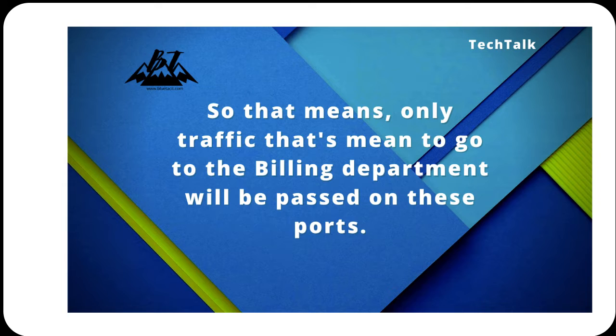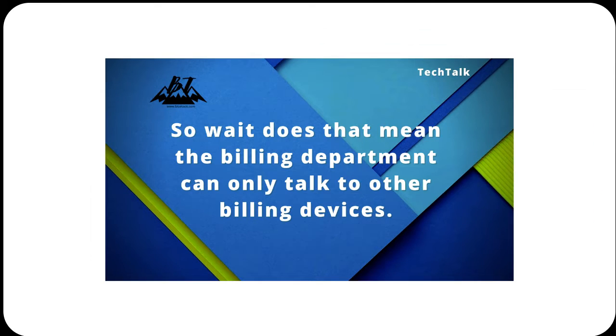That being said, does that mean that the billing department is only going to pass billing traffic? Yes, somewhat. This is the kind of catch-22 where I was talking about there's an exit and an entrance. Well, you've got to be able to get off that network, and as you get off that network is how you pass your traffic. So we're going to go back to the billing department. Only the billing department devices can talk to each other on that VLAN.